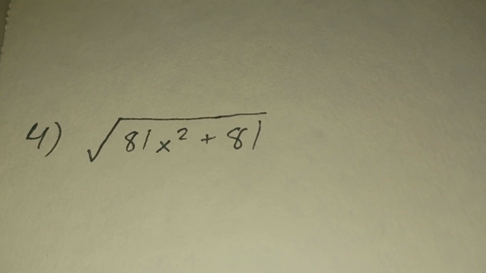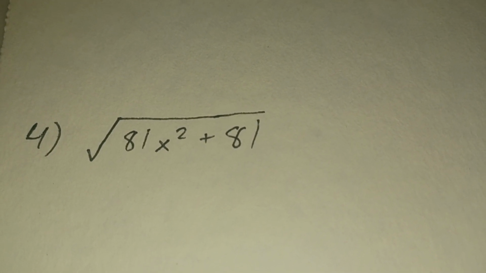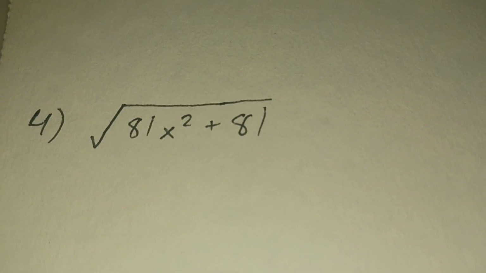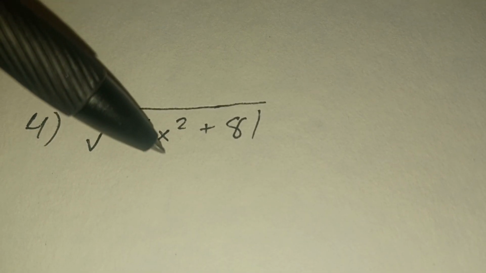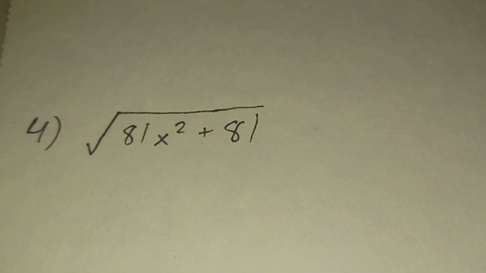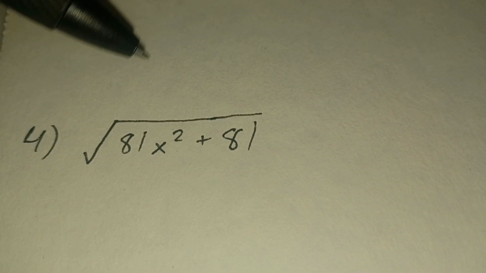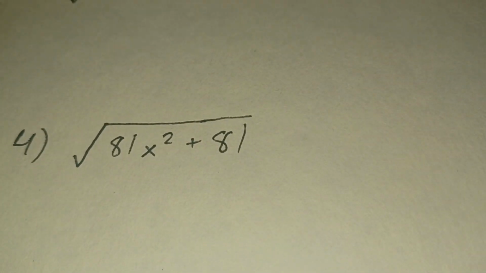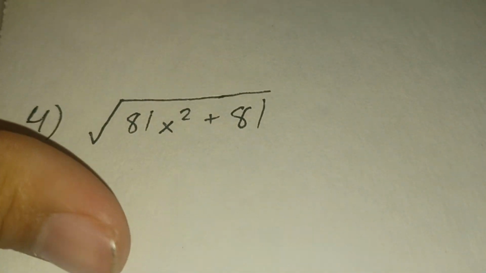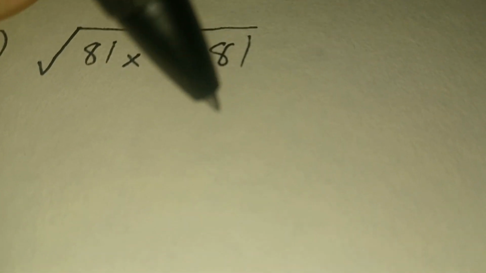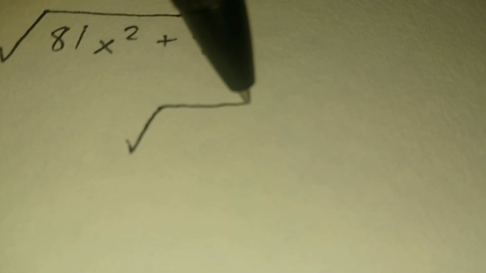So in order to tackle this, we have to first factor. In order to factor, we need to see what these two terms have in common. And what do they have in common? The 81. So we can factor out an 81 from these two terms. So we go ahead and write down the square root of 81